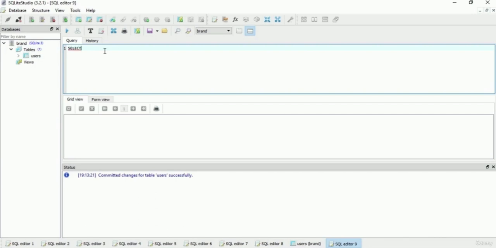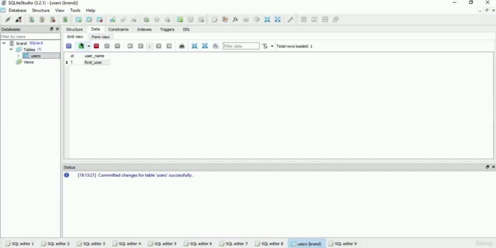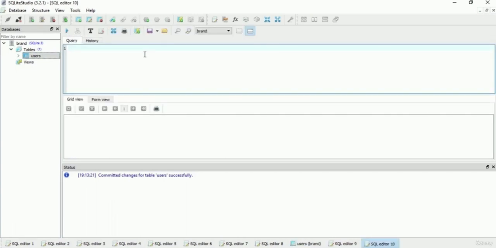So select. It is good convention to follow the practice that database commands are going to be in capitals, but even lowercase select from works as well. But it's good to follow the convention because it helps us differentiate which is the data and which is the SQL command. So in order to get the values, I'm just going to get these two values from the database, which is this, right? So for that I'm going to use select star